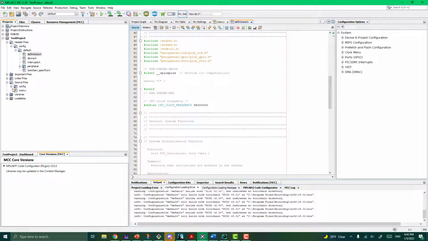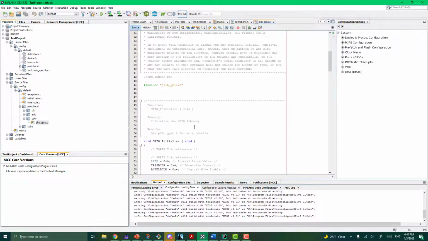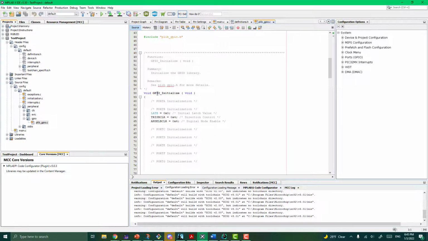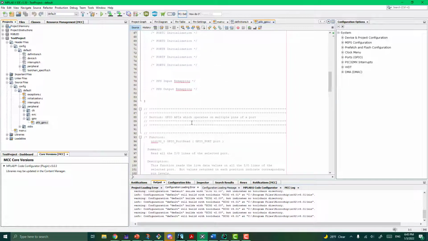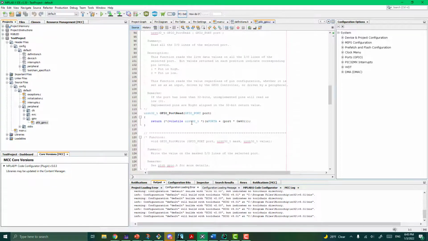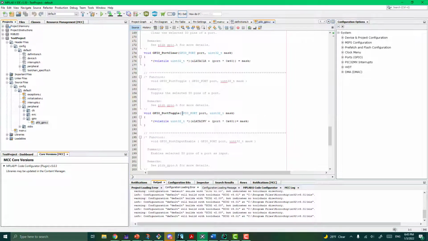It also gives us, in the peripheral area under GPIO, a plib GPIO.c that has an initialize, and you can see here it is setting up that one bit, the one pin in LAT B, port B. And then it's given me a bunch of things that would let me read a particular port, write a particular port, yada, yada, yada. We're not actually going to use those